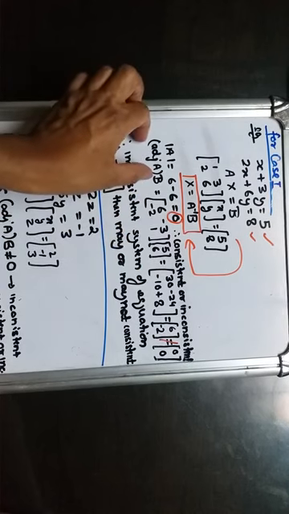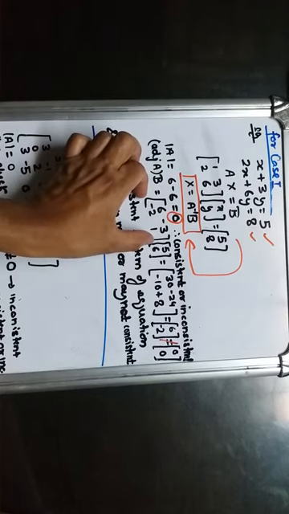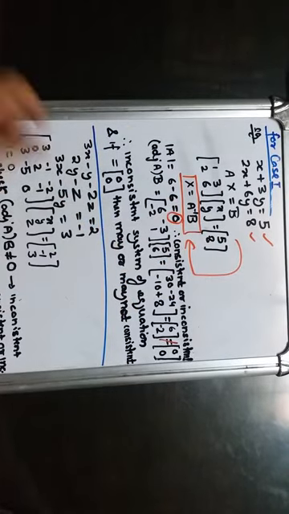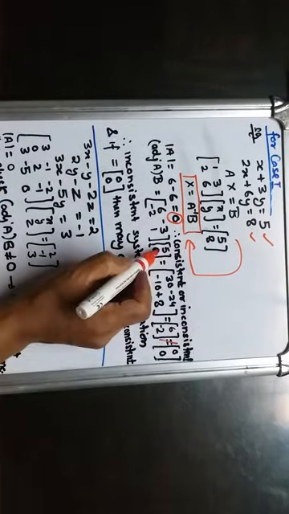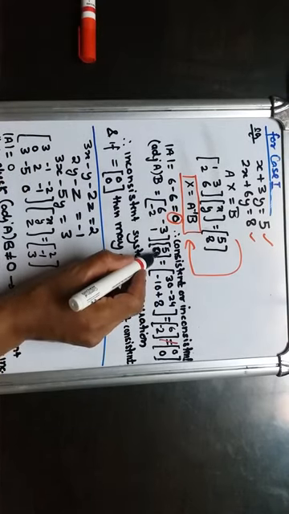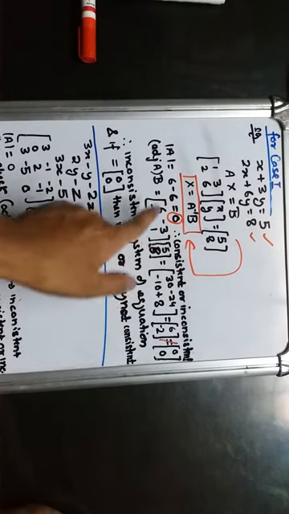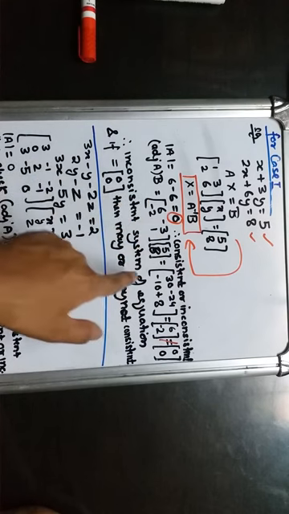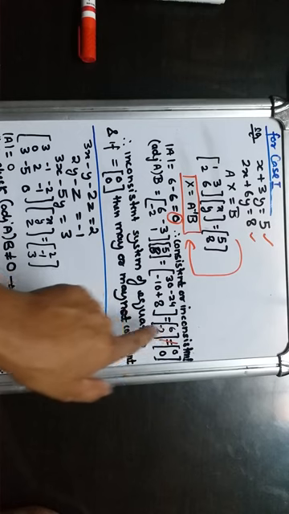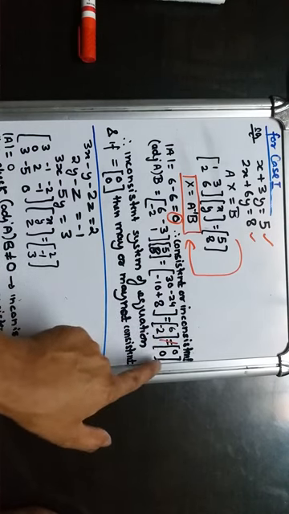So how to take out adjoint of A into B? Transpose the cofactors. This is adjoint of A into B. B is what? 5 and 8. Clear? So now multiply the terms row into column. We are getting this value 6 and minus 2. So this value, again we have to check, this is not equal to 0, not equal to the null matrix.